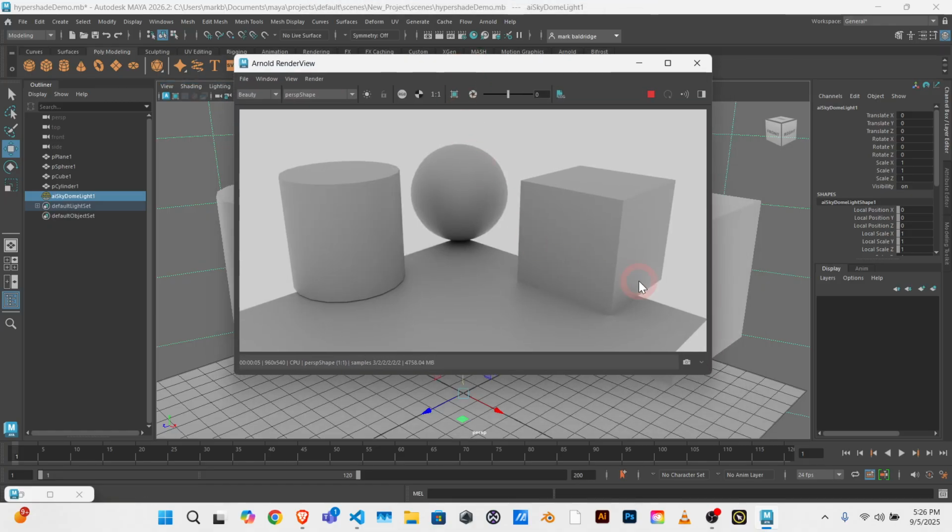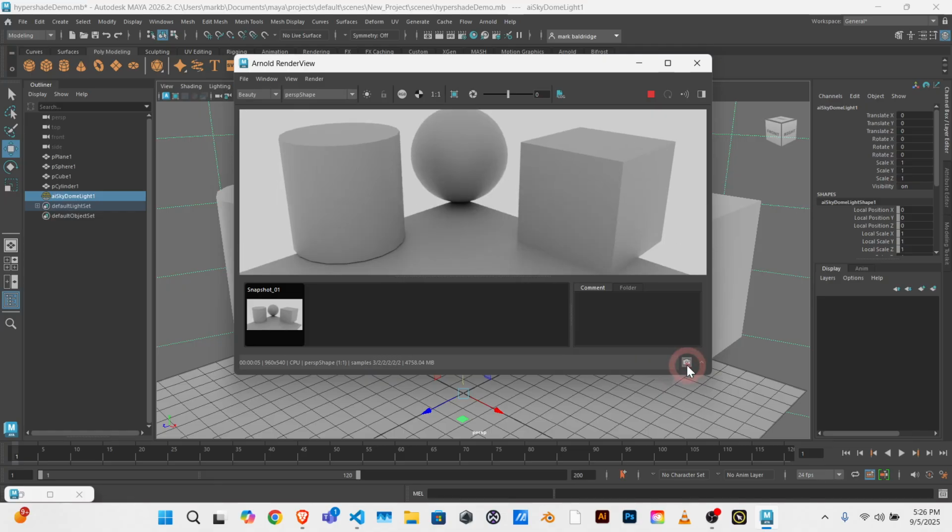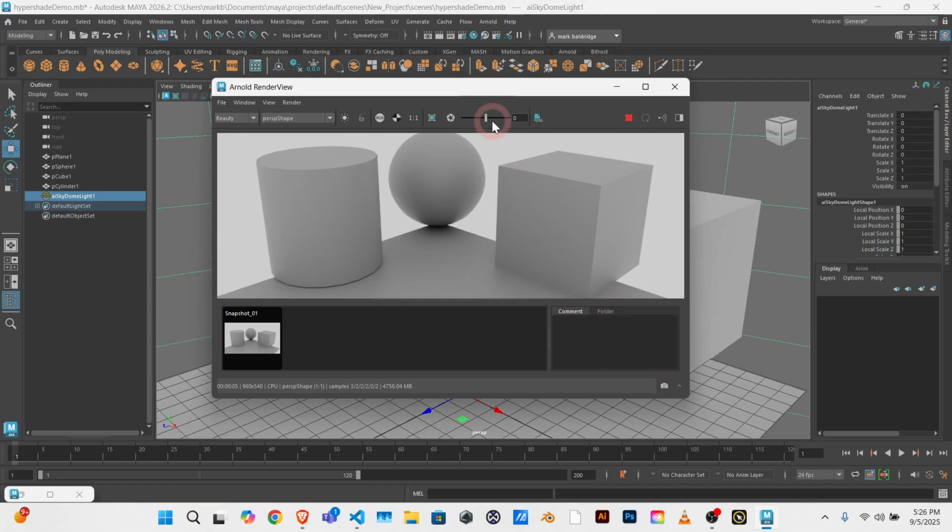And in the Arnold renderer, it often takes a few seconds. So always let it complete if you're going to do the next step, which is to store a snapshot. You don't have to let the renderer complete if you can see it's totally wrong. You can stop it and do something else. I think that's the stop button. So I can